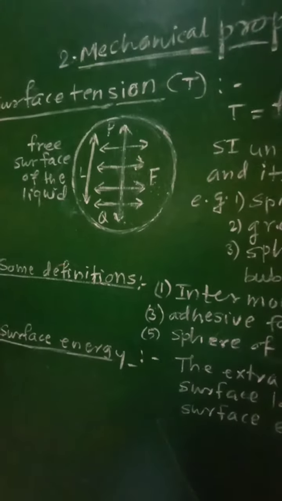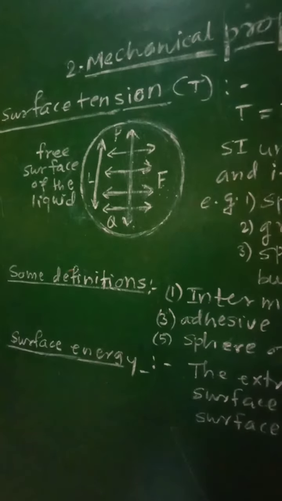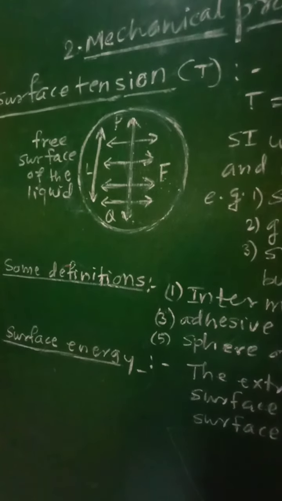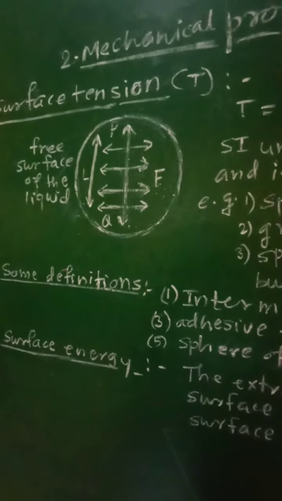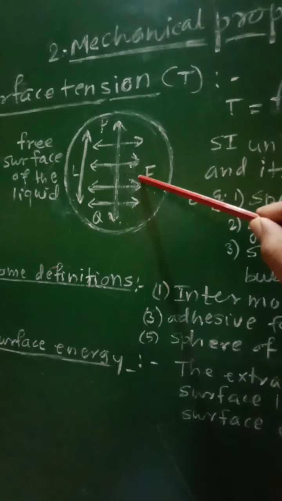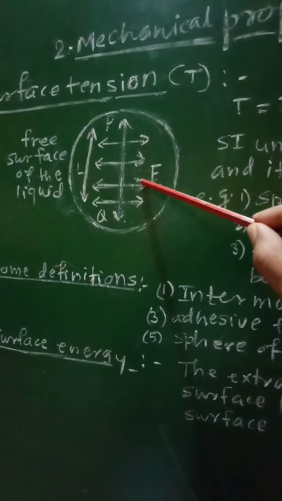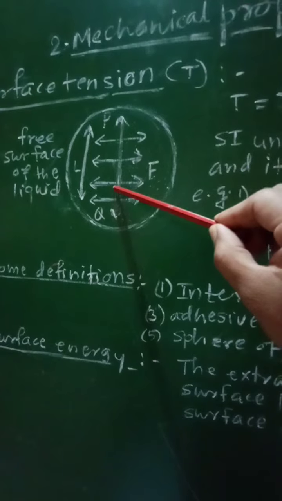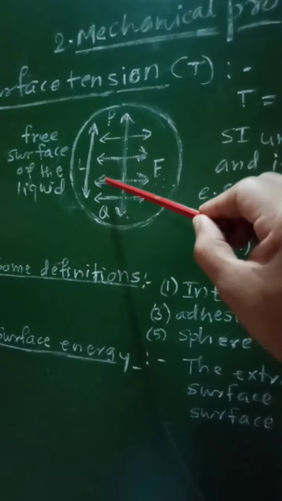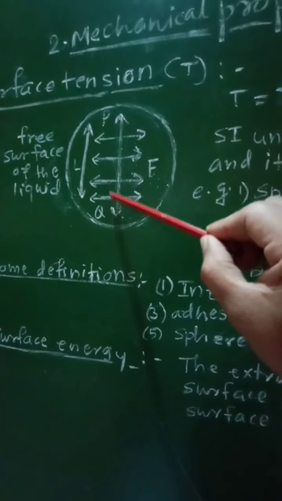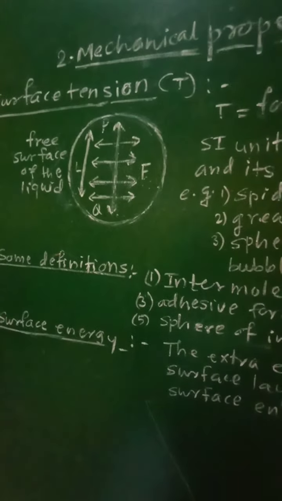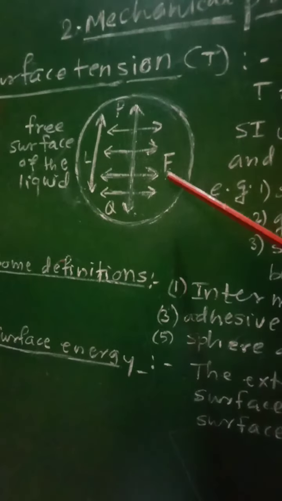Therefore, the force per unit length acting at right angles on both sides of that imaginary line drawn on the free surface of the liquid is called surface tension. In this case F represents